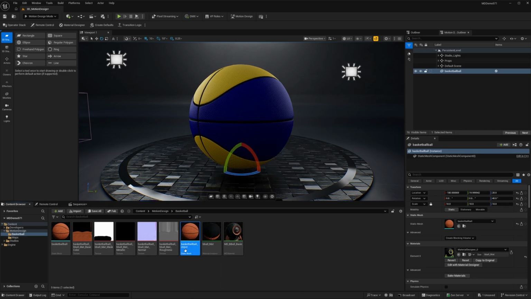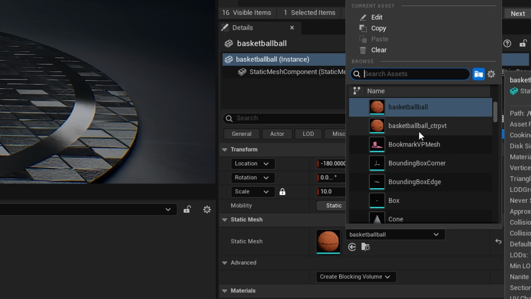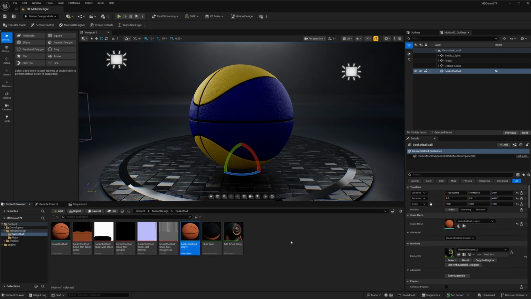Now I want to make sure that this copy is what I'm editing here in the level. So for my static mesh, I'm going to select this basketball and change the static mesh to the center pivot version. And so now I know I'm using this asset, and now I can go into modeling mode to move